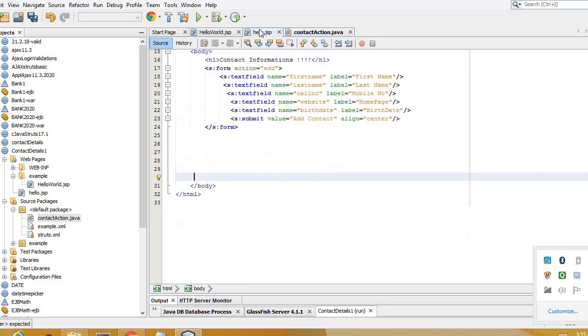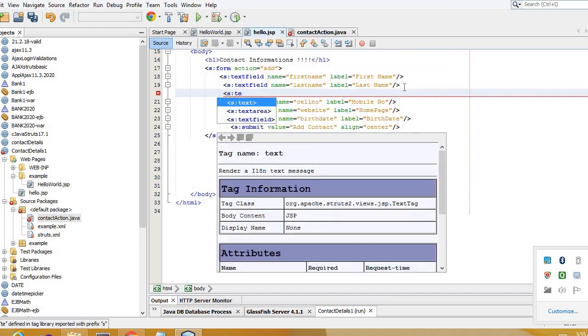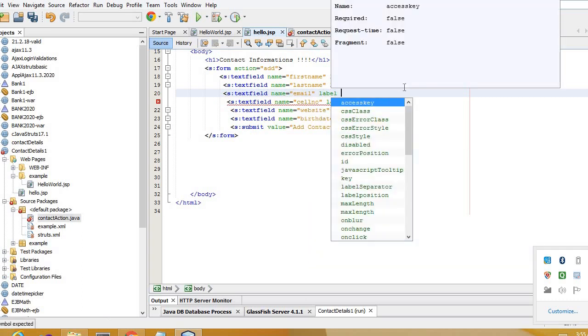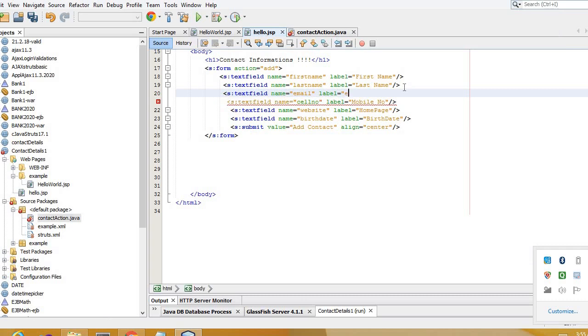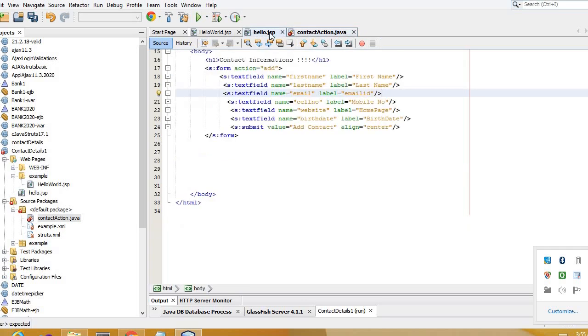Let's have a look at it, how we have written. It is not email ID, we have not entered into this. We will just give here email ID also. So we will just add here a text field, name is equal to email, label is equal to, just give the name of email ID. Okay, and I'll just access it over here. So we'll just have here email ID, the same names you have to give, whatever you have given in the hello.jsp page.